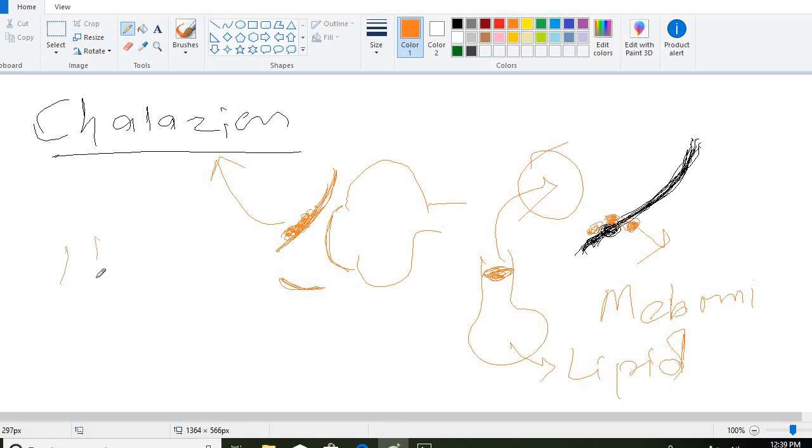The patient will have no pain, so it will be a painless swelling. The patient will not complain of any type of pain. There will be no external sign of acute inflammation. Only the swelling may be seen, but there will be no inflammation. Painless swelling in an eyelid without external sign of acute inflammation.